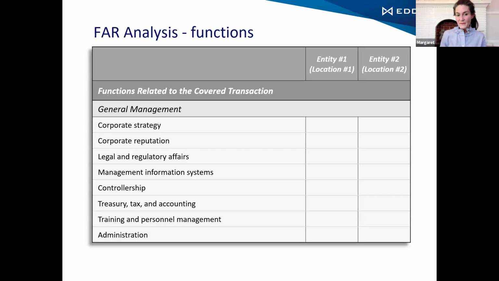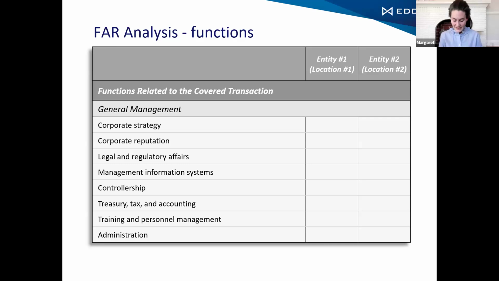And here's the beginning of the chart. In the chart, there are these columns. In the first column, you're going to see the actual function or the activity. And in the next two columns, that's where you list all of the related parties that are involved.